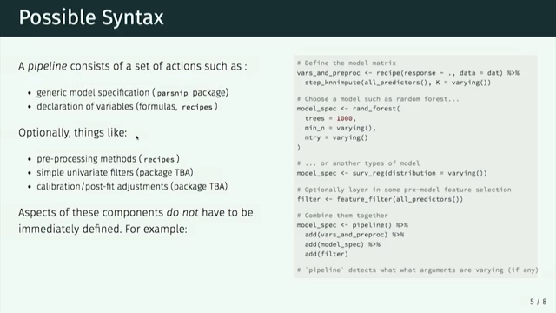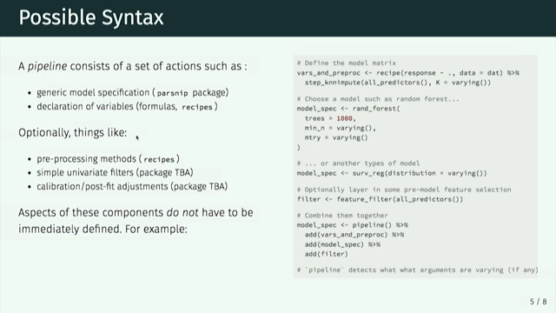So I'm working on something that I'm currently terming a pipeline, because that's the best word I can think of for it. Naming things is hard. And the minimum thing you would need for a modeling pipeline is a specification of what variables are in the model, and whether they're predictors, strata, or random effects, or whatever role they play. And then a declaration of what exact model you want to use, in terms of, am I fitting a mixed model or a Cox PH model and things like that.